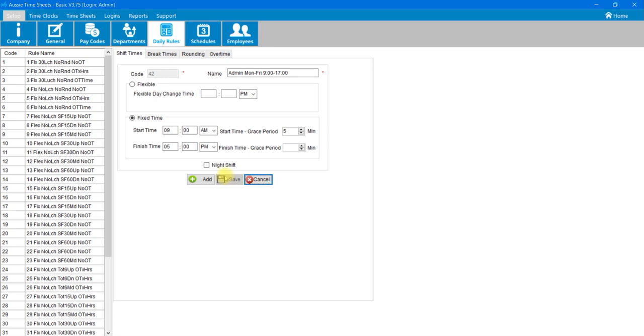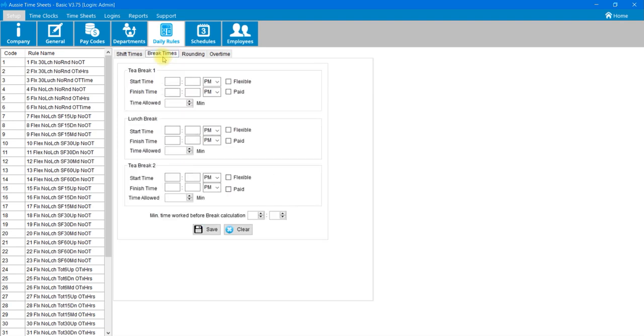Now we've assigned the shift's times, let's now go to the break times tab. We can choose to define morning and afternoon tea breaks as well as a lunch break. We can indicate if these breaks happen at a certain time of day or whether they are flexible. We can also indicate if this is a paid break. For example, we can set a 10-minute paid morning tea break, a 30-minute unpaid lunch break, and a 10-minute paid